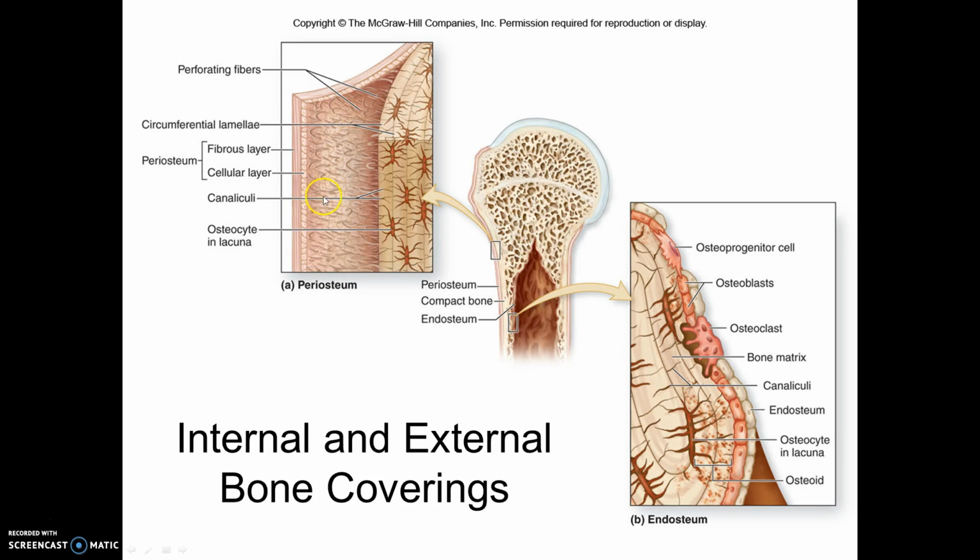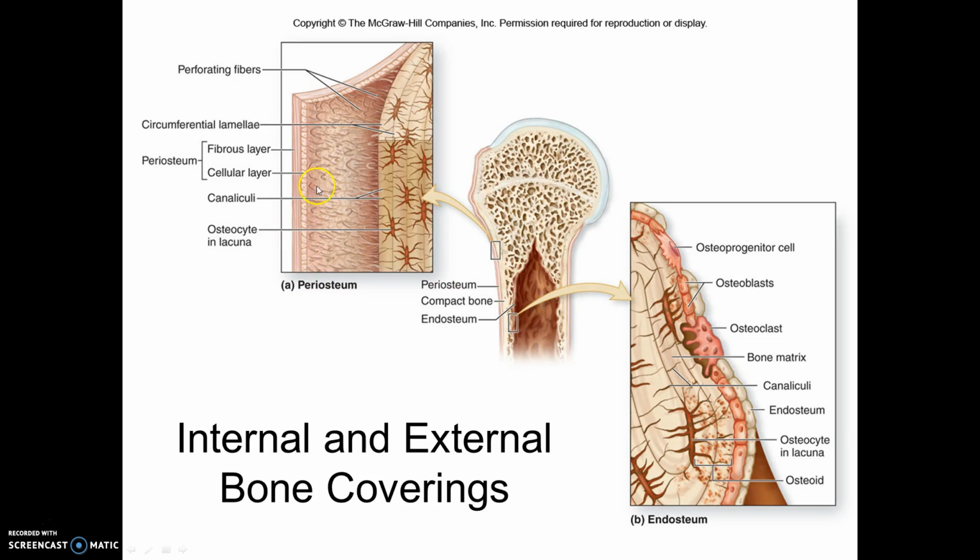So that is, and then the perforating fibers are sort of anchoring that periosteum to the compact bone. We have the similar arrangement in the internal surfaces here, the endosteum. Again, it's composed of dense irregular connective tissue that is rather incomplete. You can see how it's kind of not a fully continuous layer, but also contains several cells